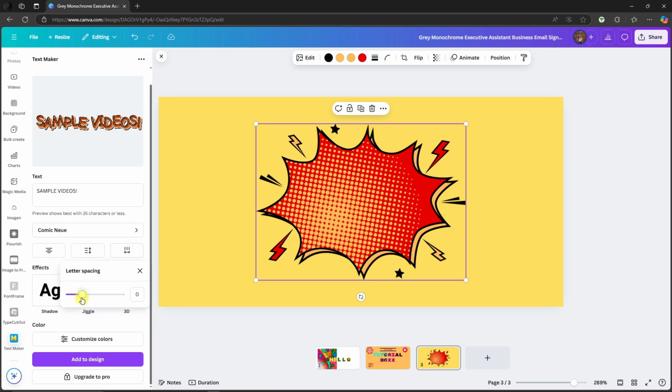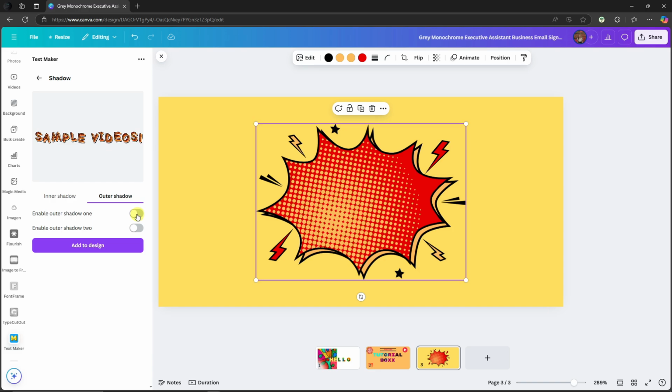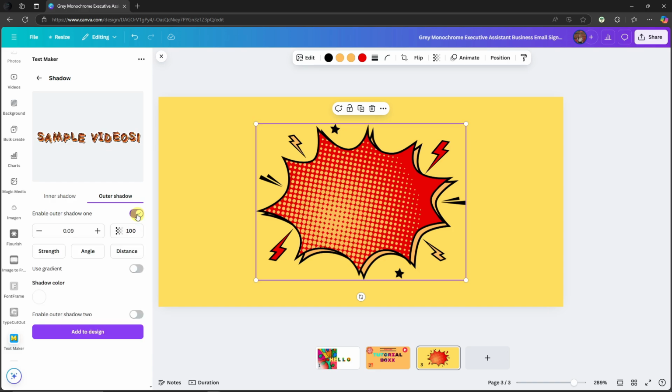For the letter spacing, you can make it work right there. However, upon trial, for comics, it's better if they're really close together. Anyway, moving forward for the effects, you can choose shadow, and then inner shadow or auto shadow. If I enable auto shadow 1, you'll notice right away if I increase the shadow right there,